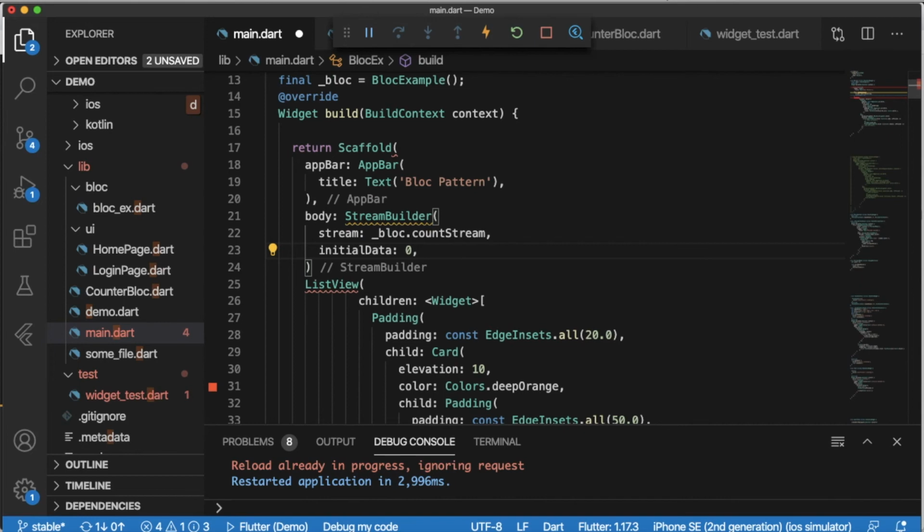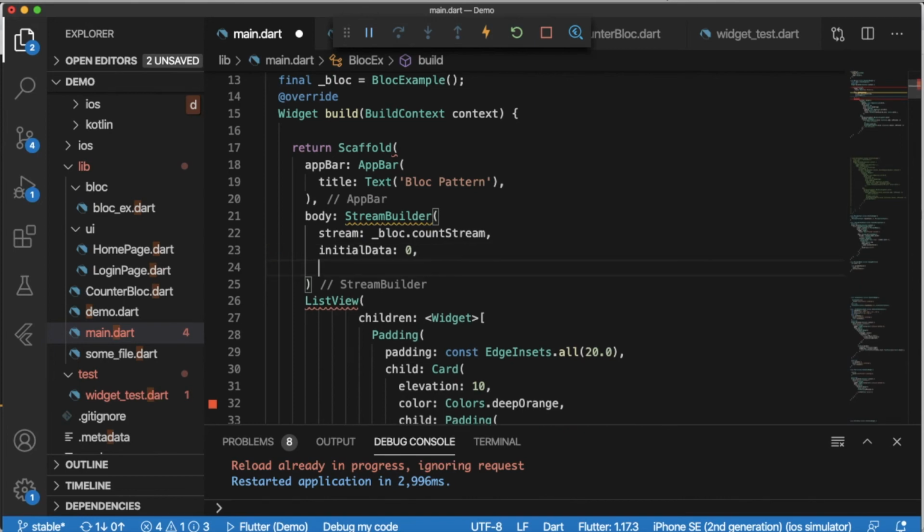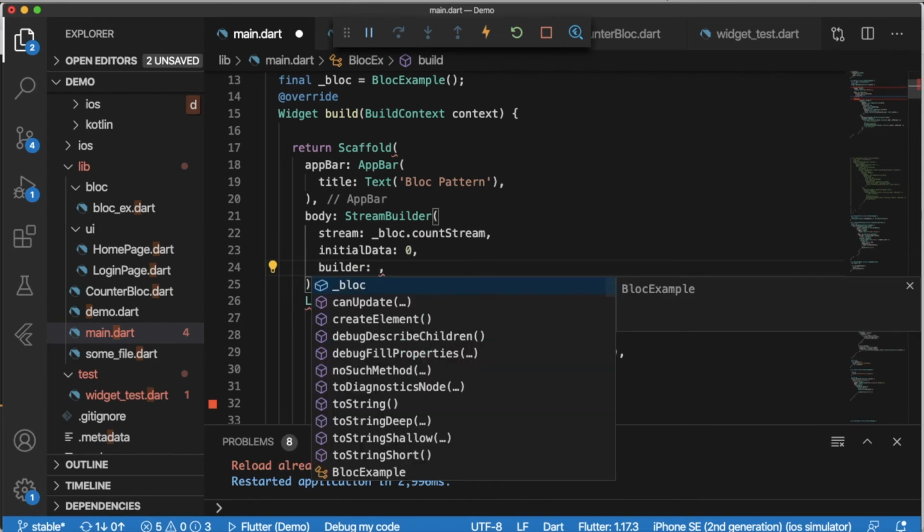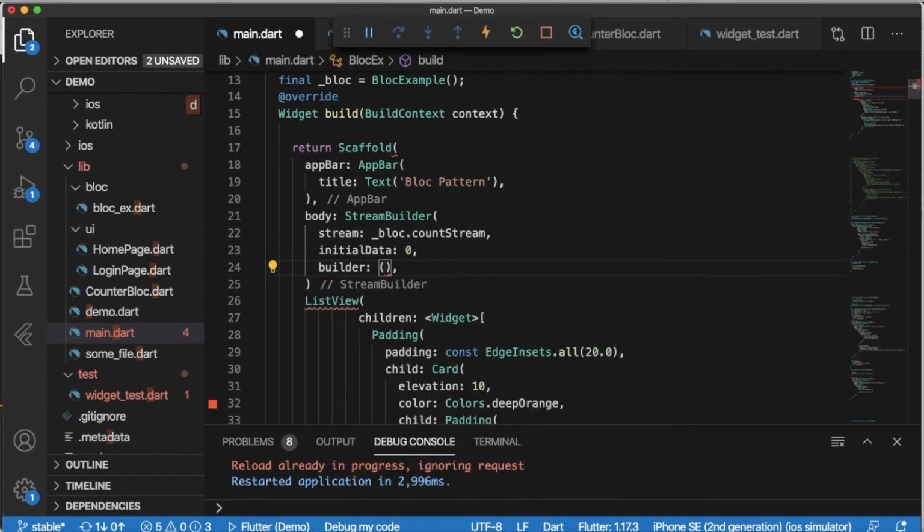Okay, the next property would be builder. Builder method will have two kinds of inputs or properties.